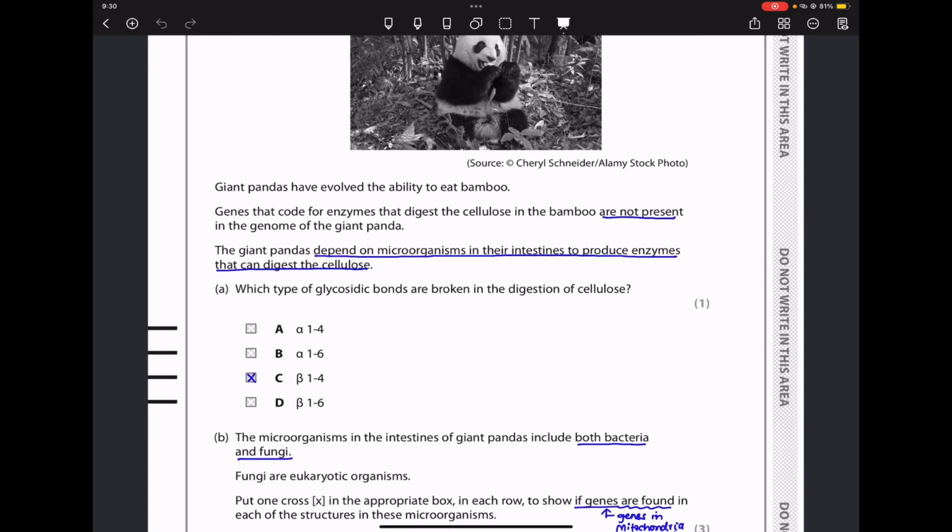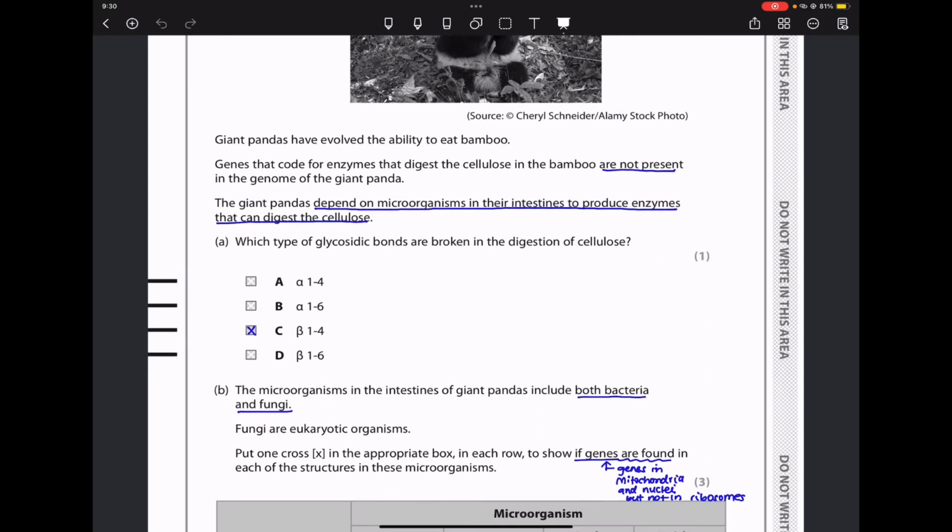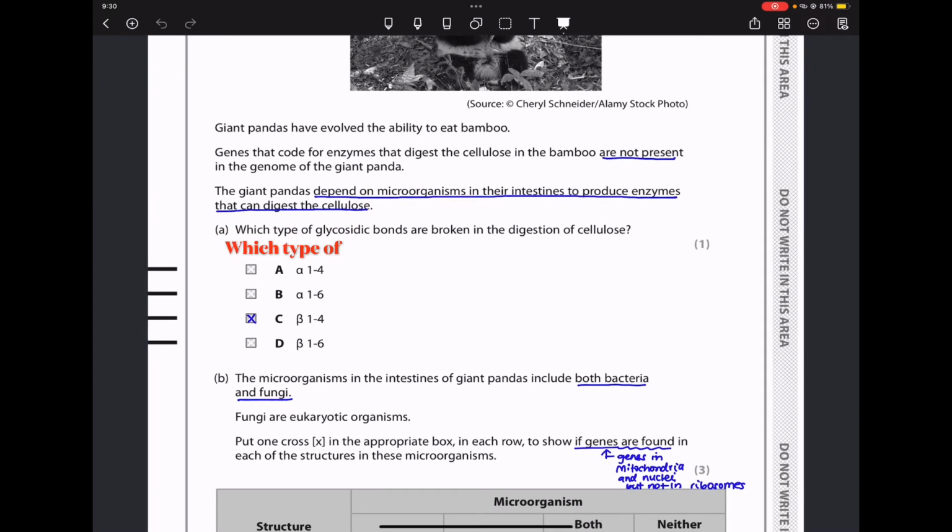Genes that code for enzymes that digest the cellulose in the bamboo are not present in the genome of the giant panda. The giant panda depends on microorganisms in their intestines to produce enzymes that can digest the cellulose. Which of the glycosidic bonds are broken in the digestion of cellulose? In cellulose, we have only beta-glucose molecules, so it's only the beta 1,4 glycosidic bonds that are going to be